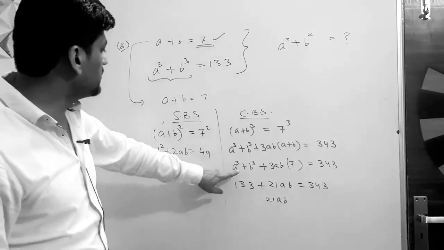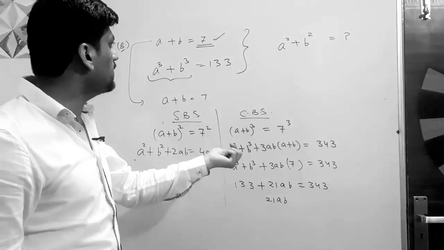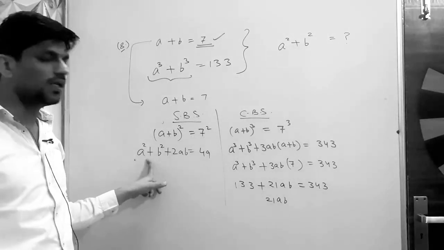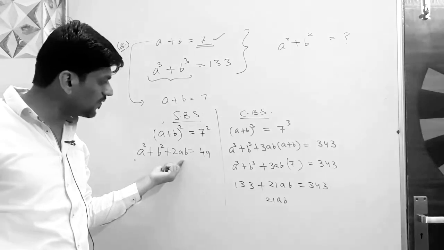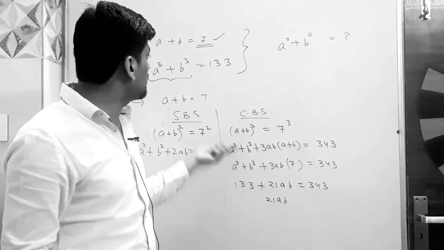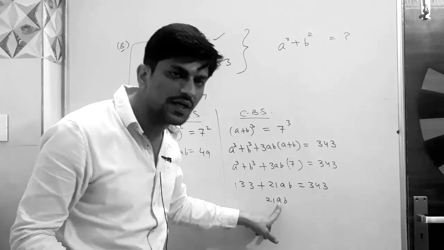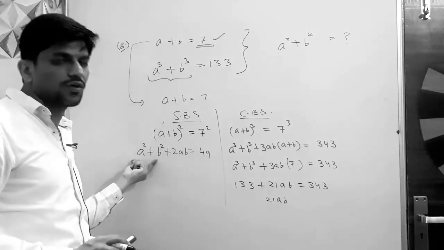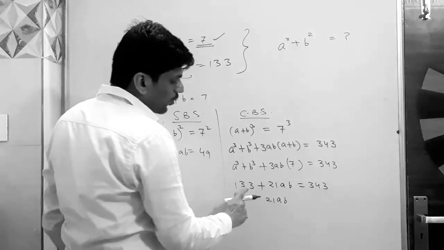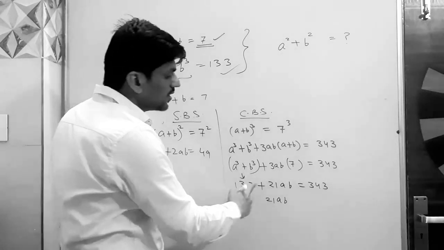And yes, this question can also be asked in the other way. If the question gives us a square plus b square, then we will put the value of a square plus b square here and find out the value of ab from here and then substitute here and find out a cube plus b cube. Now we are given a cube plus b cube, so from the given a cube plus b cube value we can find out ab from here, and we put ab here to find out a square plus b square. Both ways the question can be changed. So 133 value is given to us, a cube plus b cube, that we have used here.